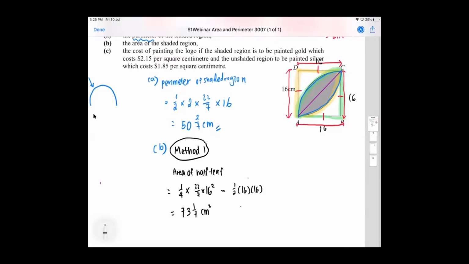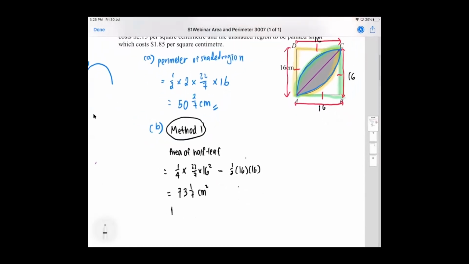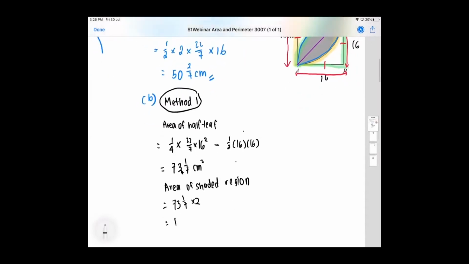I need to find 1 leaf, right? So I times 2. Okay, so area of shaded region, I'm going to take this and times 2. So 146 2/7, 146 2/7. Okay, so this is like